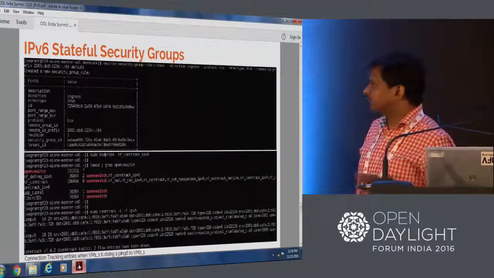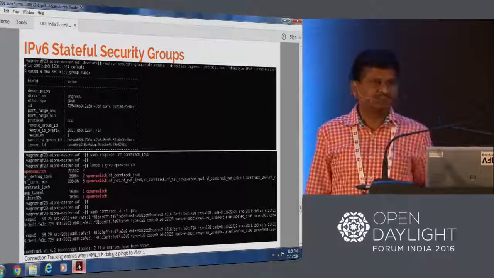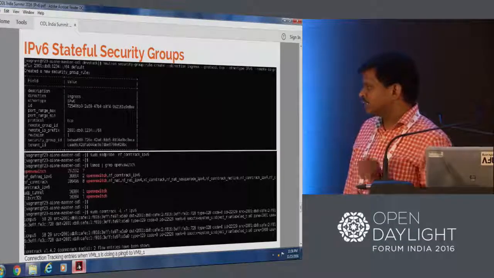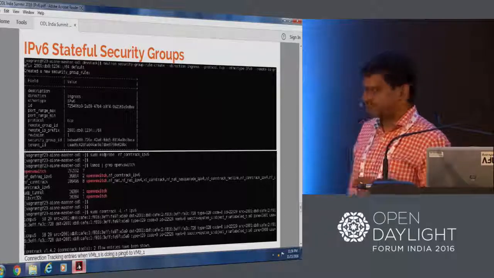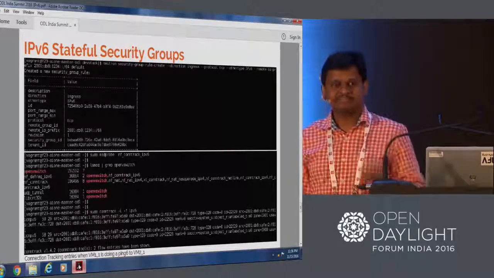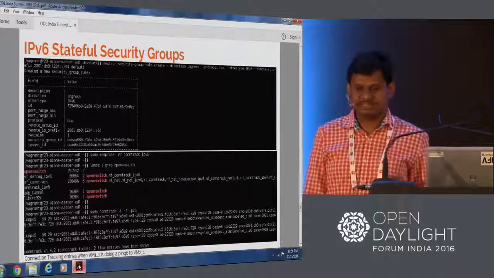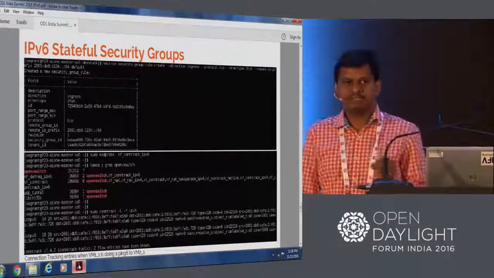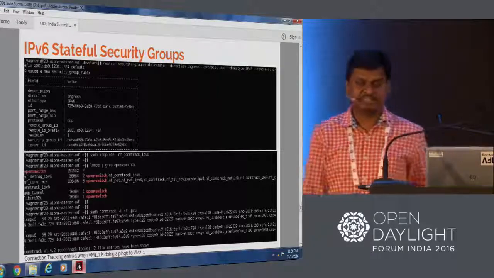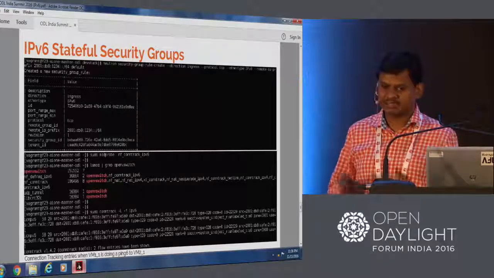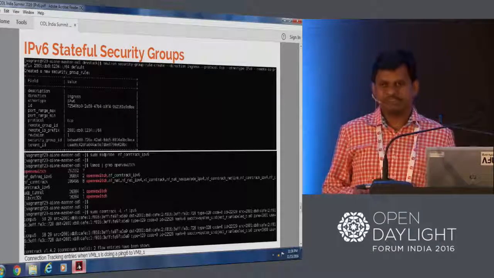And in terms of stateful security groups, I'm sure Ashwin is going to cover in detail tomorrow the security group implementation and how things work. A small caveat I would like to mention is that in order to use the connection tracking support for IPv6, you will have to insmod a module known as nf_conntrack_ipv6. What we have noticed is that in most distributions, this module is not insmoded by default. So when you start using IPv6 subnets and have security groups enabled, please make sure that you have